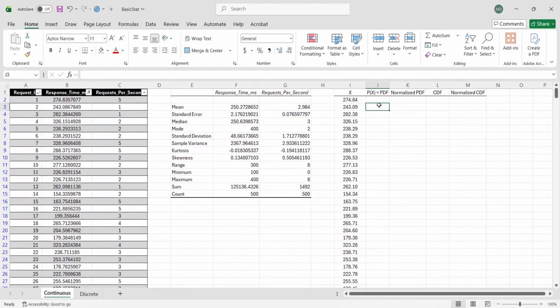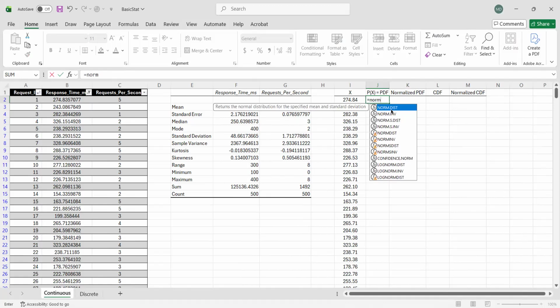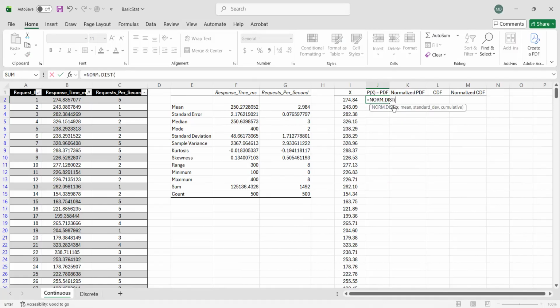So now we have the P of X, meaning the PDF or the probability density function of each of our observation or value of X. So since we are dealing with normal distribution, we use the formula NORM.DIST, for normal distribution, wherein we are asked to input some of these values.